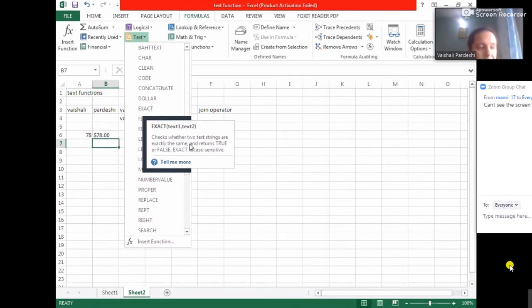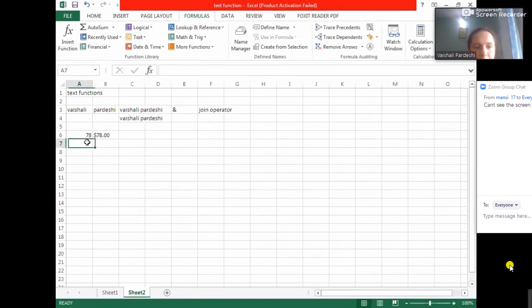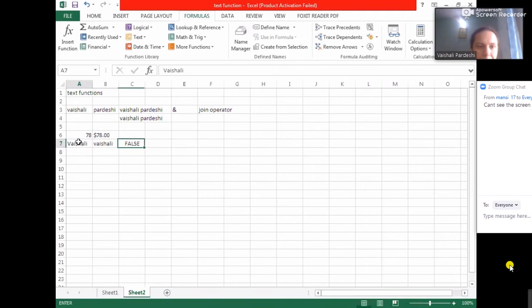So, if something is written in capital in one text, and in the other text it is written as small, that would be considered a different text. So I say this is Vaishali, and this is Vaishali. If you see, the length of these characters is the same, the words used are the same, the only problem is that here it is capital and here it is small. So if I want to check whether they are matching or not, okay, exact. Okay, so they are not exact, but the minute I say